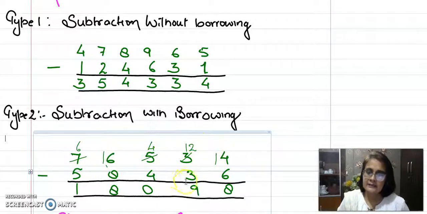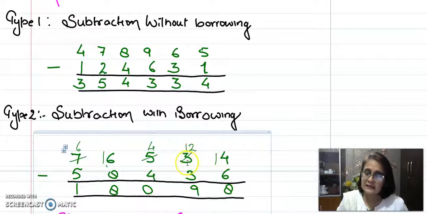Now, just see. In this case, what is my minuend? My minuend is 76,534. And my subtrahend is 58,436. Right. Now, just see my ones place. In the ones place, my first digit is 4 and the second digit that is being subtracted is 6, which is not possible. आप बड़े नंबर को छोटे नंबर में से कैसे माइनस कर सकते हो? So, what will we do? इसमें हम क्या करेंगे? Borrow. Yes. So, in that case, what do I do? I take one number from the digit under the tens place.